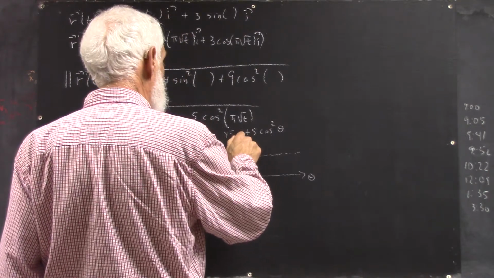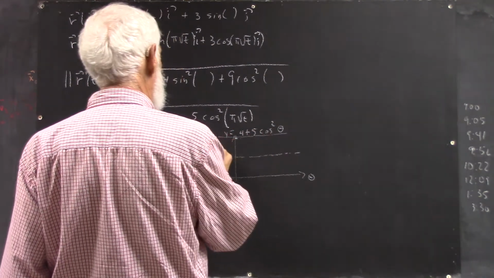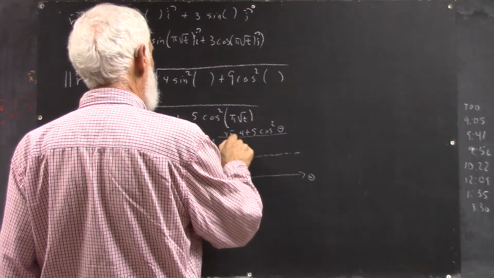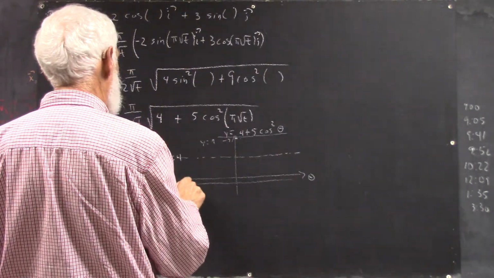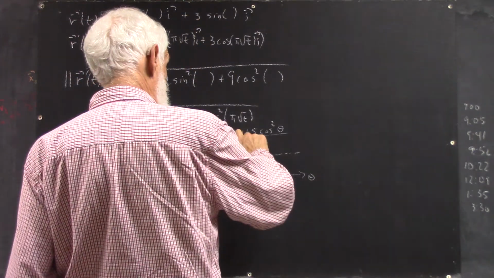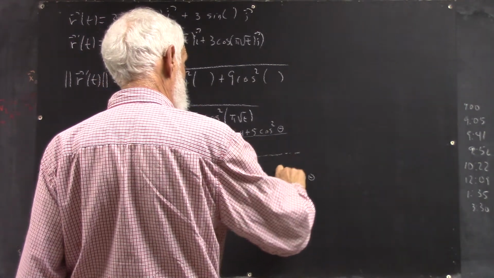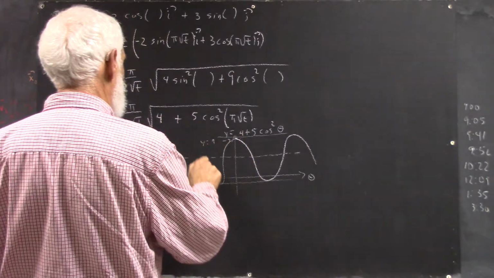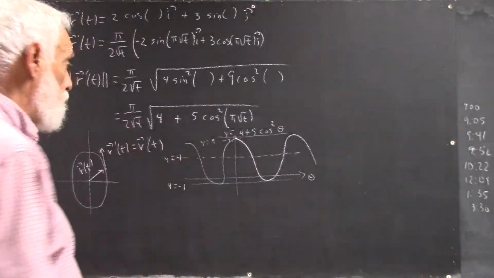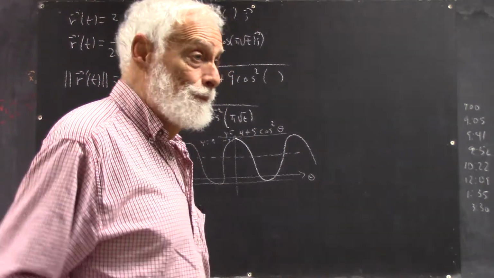So the scale's not going to be great, and things are bunched up. y equals 9 here, and y equals -1 here. Your graph is going to start up here. It's going to go down to the negative. It's going to go back to the positive. It's going to go down to the negative. And you know, if time extends in the negative direction, which it might, depending where you start your clock, okay,